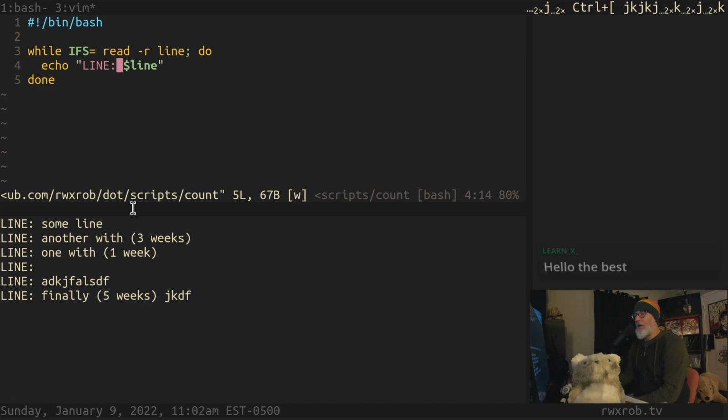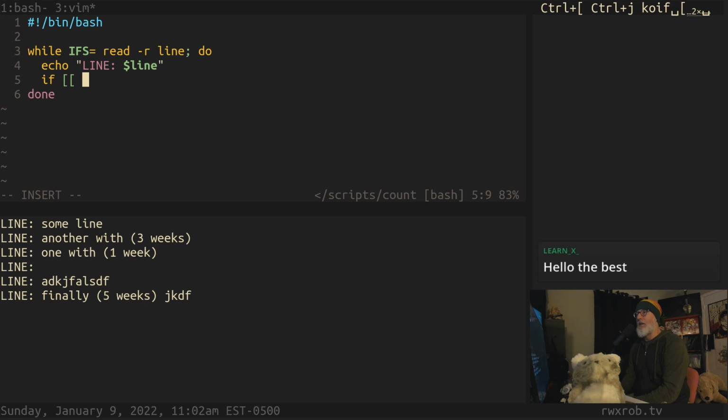But what do we want to do? We want to extract this piece out of that. So welcome to regular expressions, lads, right? So we need to check that. So good old double brackets in